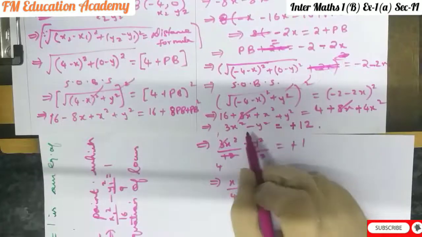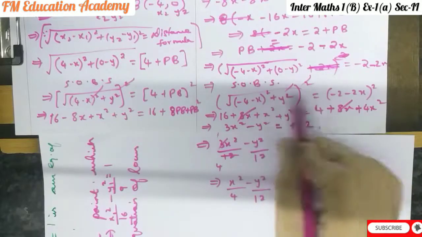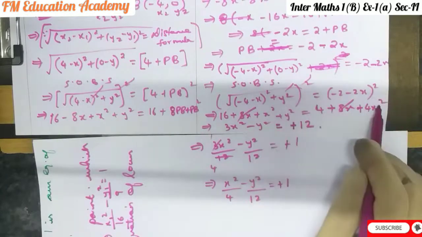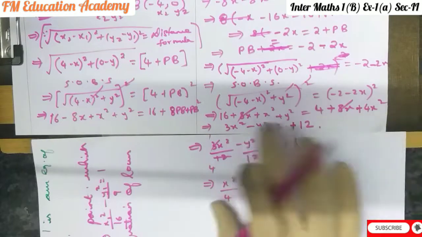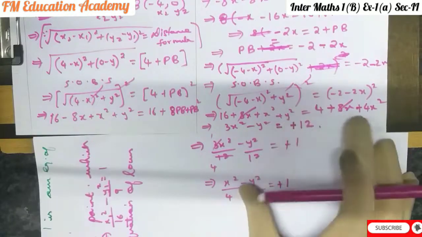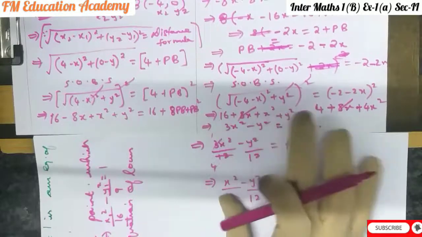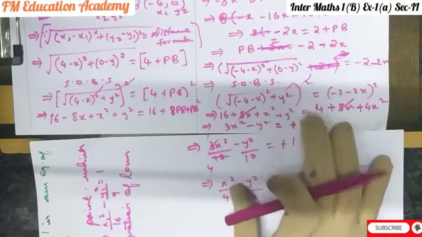What we will do is, we are taking all these terms on RHS, right? So that is why plus 4 as it is. This plus 4 will take that side, because x square and y square we took that side. 4x square was as it is, and plus x square, if it goes that side, it becomes minus x square. So it becomes 3x square. Similarly here we have plus y square, if it goes that side, becomes minus y square. So 16 is on LHS, and this plus 4 will take on that side. So plus 4 when it goes that side becomes minus 4. 16 minus 4 is 12.